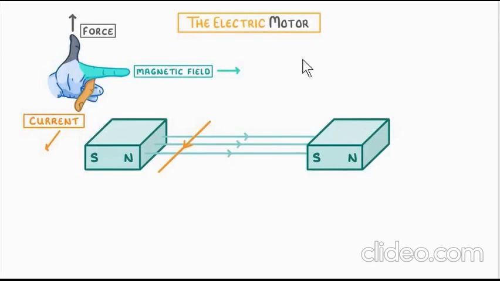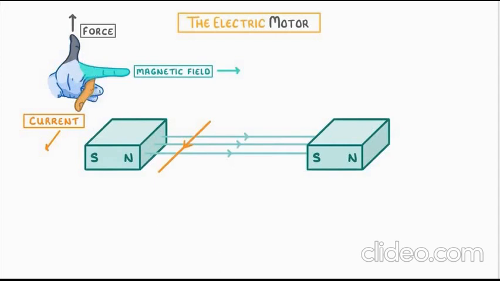Yes, so we learned the motor effect, and based on this motor effect, engineers design electric motors which we use in our daily life quite a lot. In many home appliances or industrial appliances, we use electric motors, which are based on the same phenomenon. So we learned that a current carrying wire, when placed in a magnetic field, experiences a force, and this force can be determined using Fleming's left hand rule.